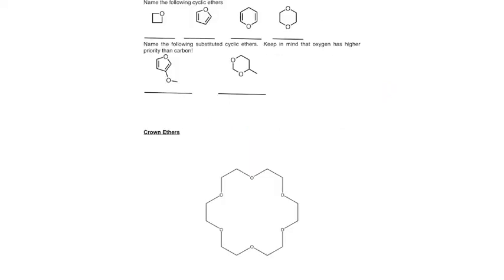Okay, so holding true to the pattern we've kind of done so far, we'll do a little nomenclature of this functional group we're focusing on. We're going to focus on ethers. And you have dealt a lot with this specific ether. This is an epoxide functional group, but if it's just a standalone molecule, a three-membered ring with oxygen in it, we call these heterocycles because they have a heteroatom in the cyclic structure. Other cyclic structures we worked with prior to epoxides were just carbon containing. So oxirane is actually the standalone name for this molecule. So that's an oxirane molecule, but if it's part of a bigger molecule, then it's an epoxide functional group.